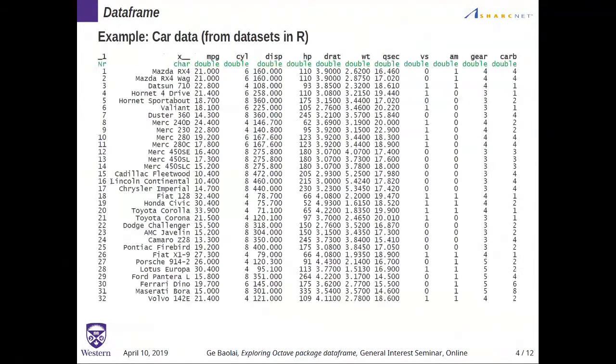So let's take a look at this example. This is car data from the data sets in R. In this table, we see a number of columns. The first column are the car models, the second column is the mileage per gallon, and then the number of cylinders, displacement, horsepower, and so on and so forth. So this is a typical table of data that we see